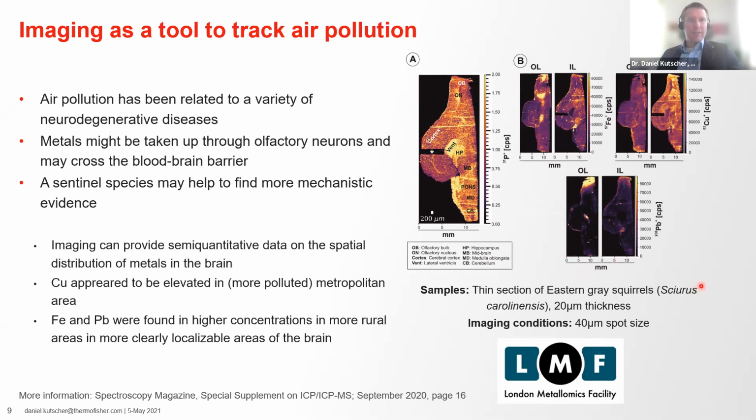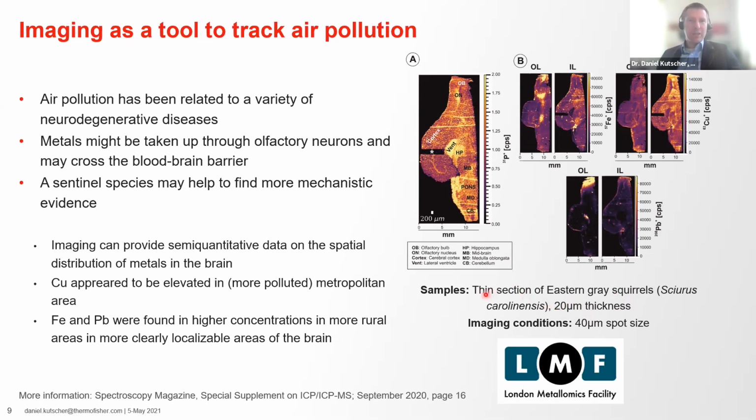And basically, these metals might be taken up as we, let's say, respirate. And of course, these metals may also cross the blood-brain barrier under certain circumstances. And in this case, the intention of this preliminary study was maybe to look at a sentinel species to find out more about the mechanistic evidence or the mechanistic pathway of how these metals could potentially penetrate into the brain and basically cause